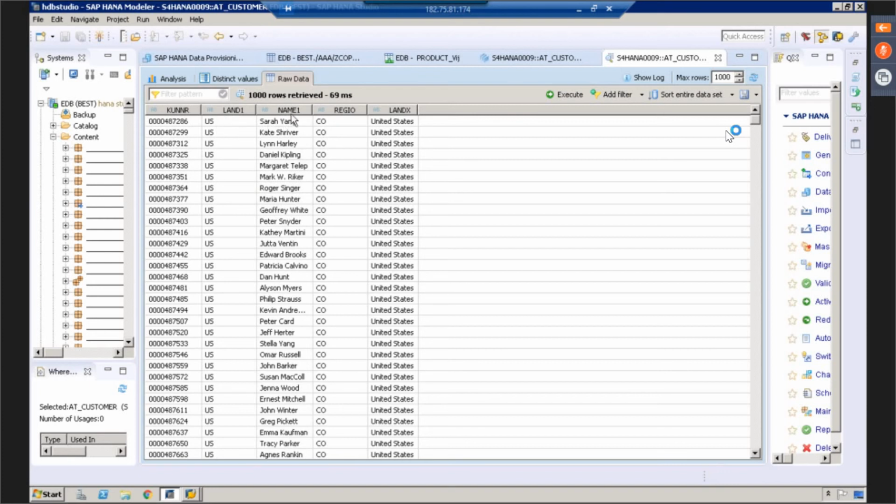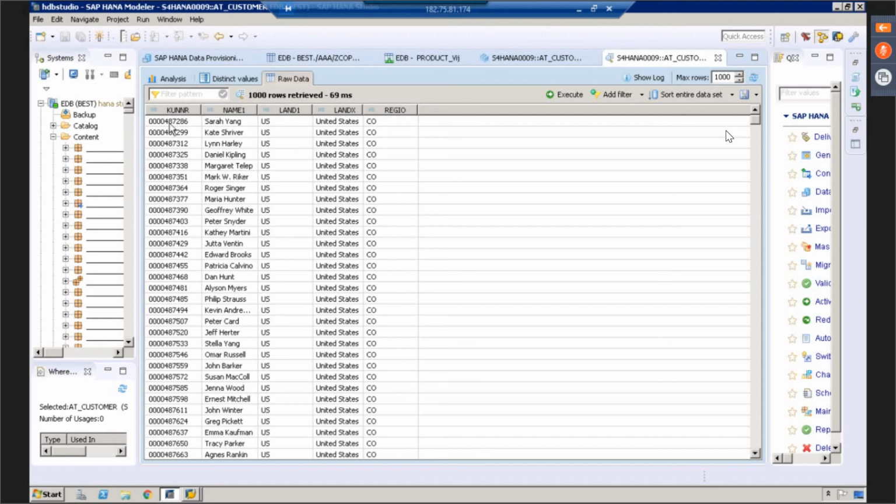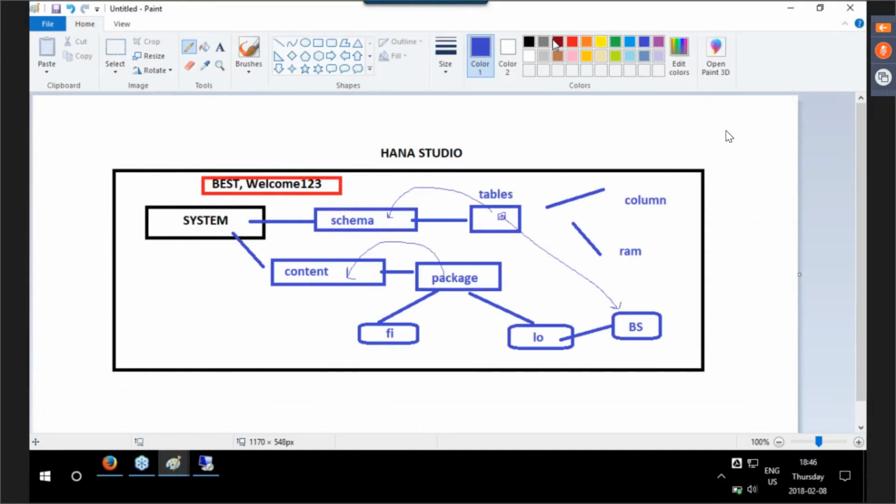name of the customer, region, and I will drag and drop this country over here. Let me drag and drop name over here. Okay, customer ID, name of the customer, country code, country text. What am I trying to show participants in today's session? In today's session, I wanted to show participants the basic building block to create a scenario. To create a scenario, once we migrate tables from SAP